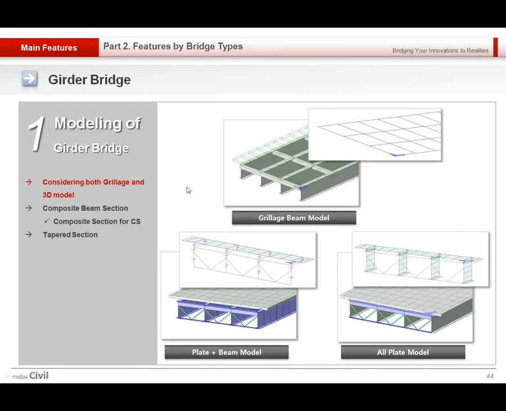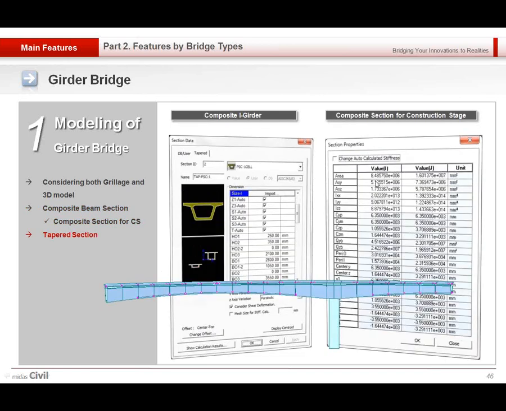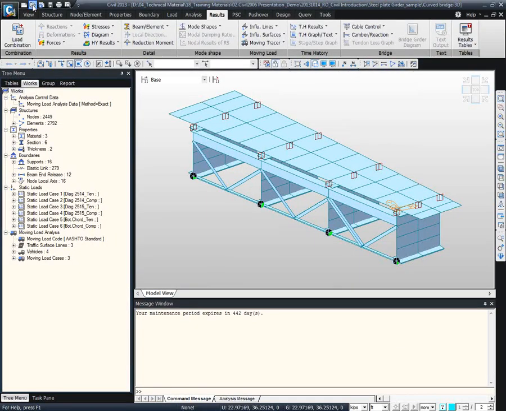So any type of the modeling is supported in MIDAS civil with the various construction stages. So this is the composite section dialog box that I just showed you. So we can simulate the deck and main girder with the 1D element. And when you generate the model, you may need to have the tapered section for some of the bridges. Tapered section generation is also very simple and easy in MIDAS civil. If we check with the program,